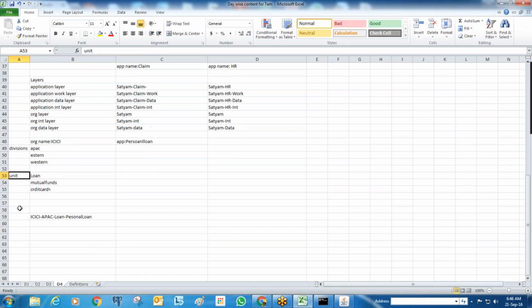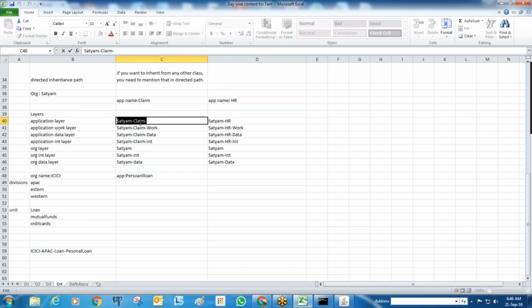When you go for division and unit, it will be different. Before, here we are not following division. This is the basic structure we follow when the division is not required. That is the case 99% of the time, or at least 90%. If it is a very big company and you're following divisions, you can create separate layers for the divisions and units. So if you select separate layers for division and unit, the complete structure will be like this. These are the extra layers. If you see here, company name, organization name, and then the application name, here it is coming extra.